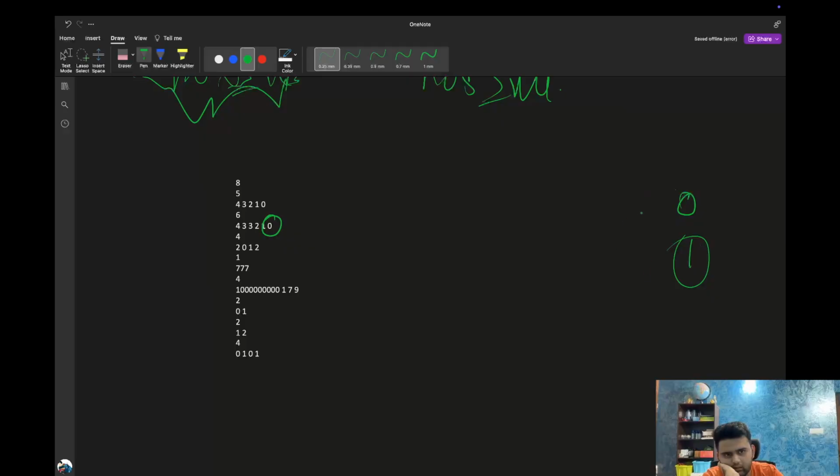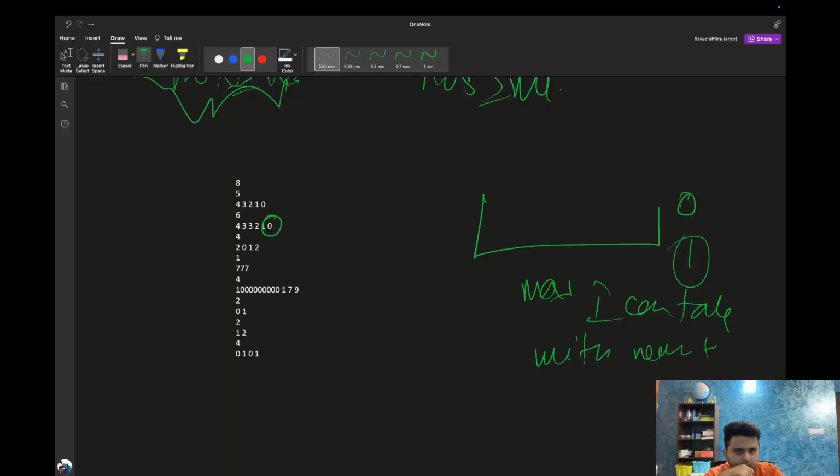So if I check what I can take, max, I can take, with never taking 1, is this frequency minus num max. Then I say I take max. So take it, it's better to take whatever comes first. So 1